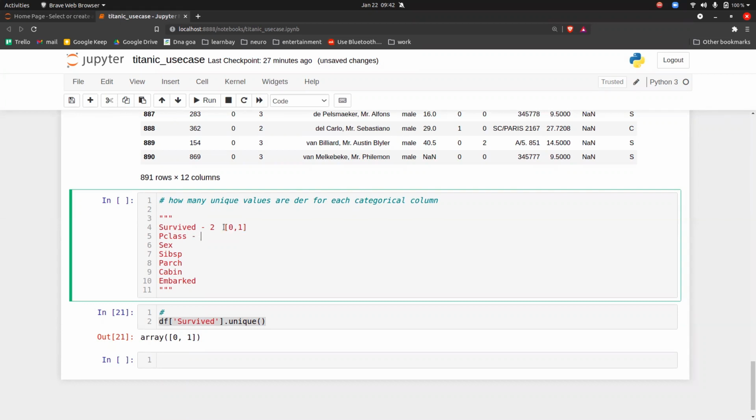What about Pclass, guys? How many categories? Three. Three categories, so you have 3 categories here also, and which are those in Pclass? 1, 2, 3. Now same for Sex.